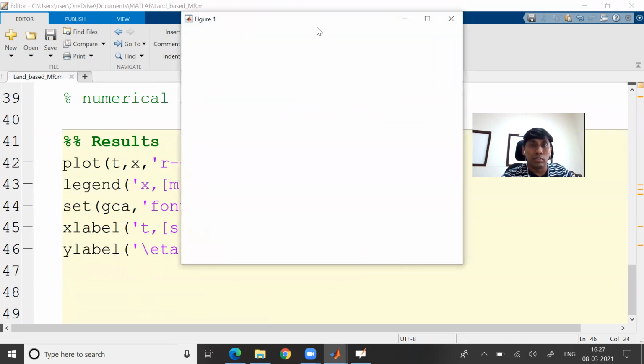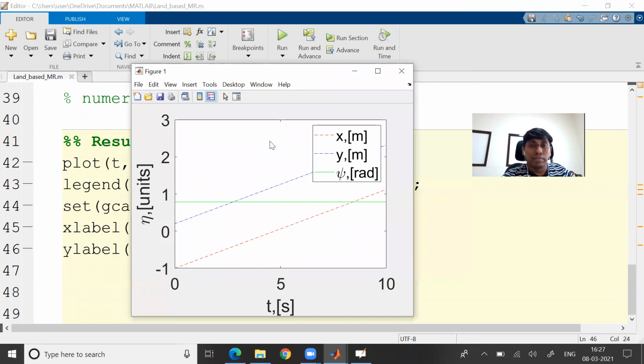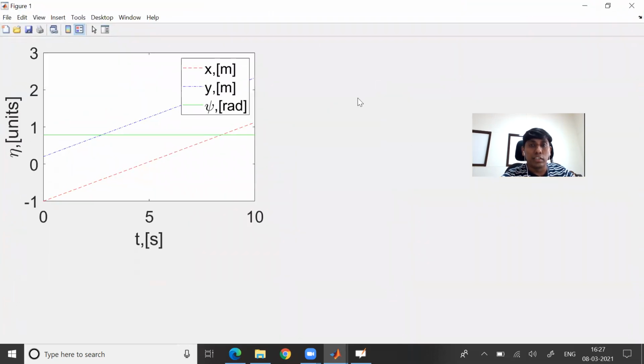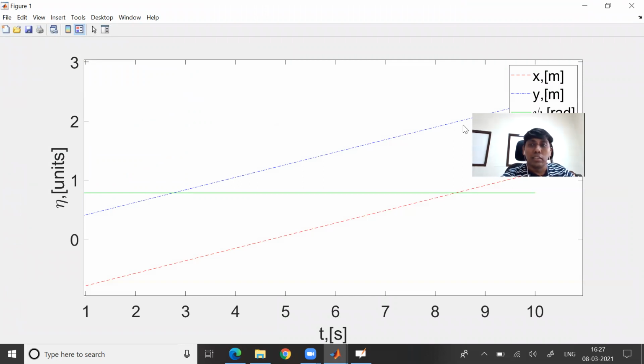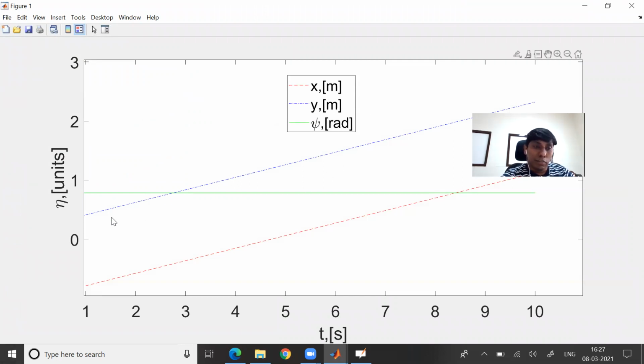So you can see the results. This result is generalized, so we are not giving any different aspect. It is varying from minus 1, and this one is varying from probably 0.5 or something. This is pi by 4. You give a constant velocity along the body-fixed frame x-axis direction, so the vehicle, already oriented at 45 degrees, goes continuously. But this result is not showing that exclusively.